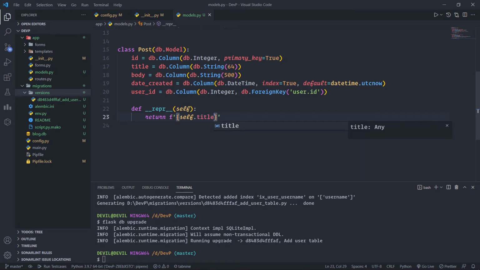So let us discuss what we have done till now. The new thing is the user ID field. The user ID field was initialized as a foreign key to user.id, which means that it is a reference to the ID value from the users table. In this reference, the user part is the name of the database table for the model.